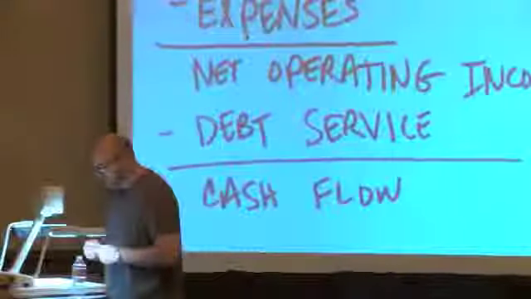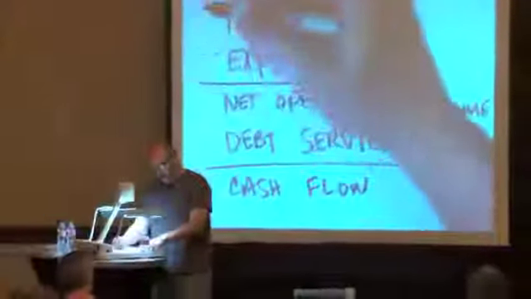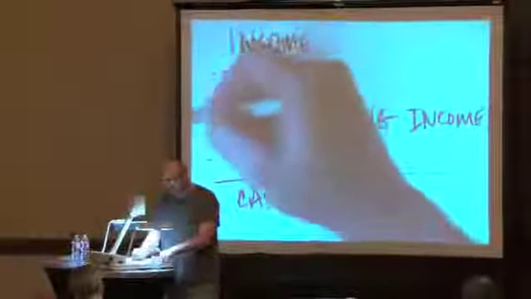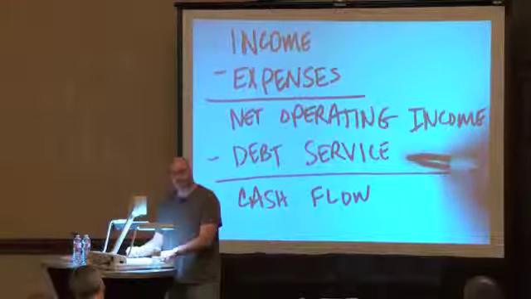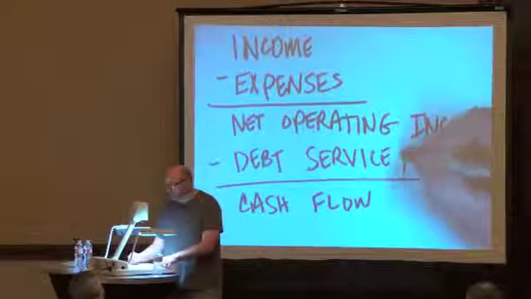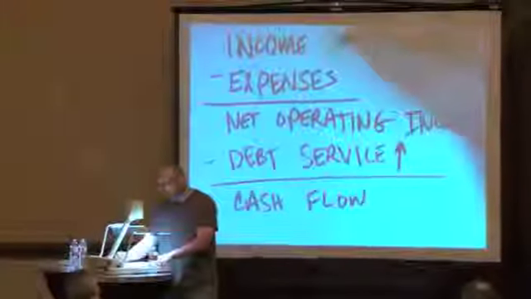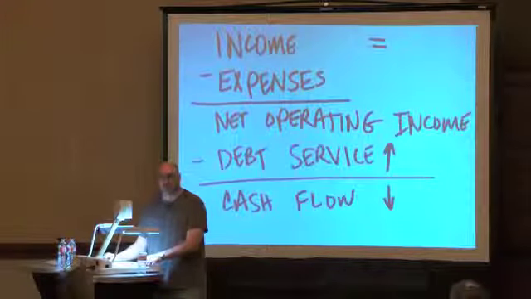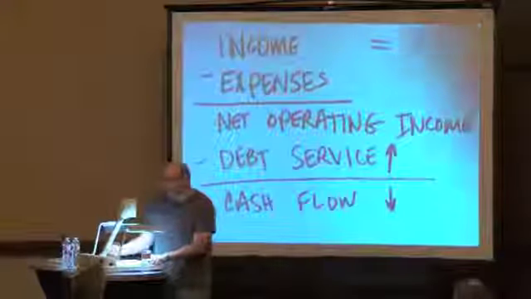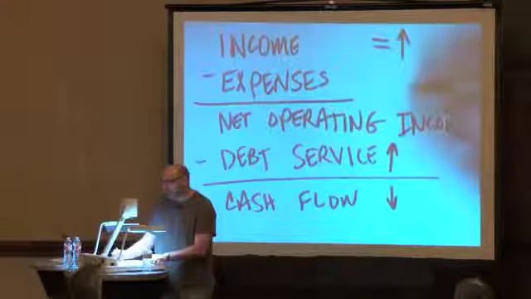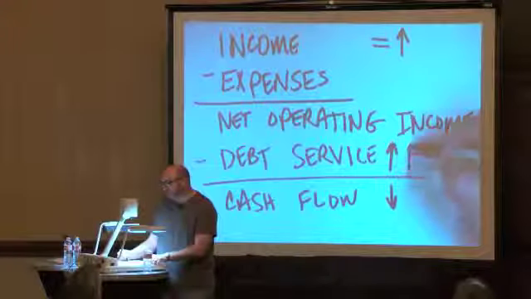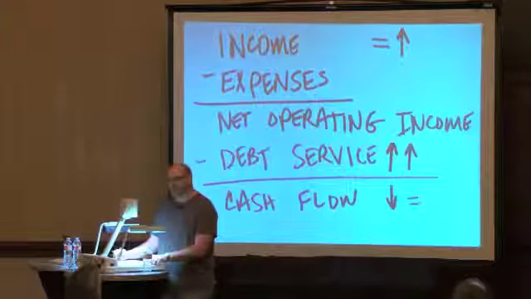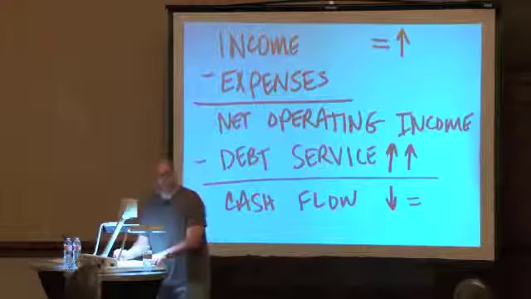And if we go back to this slide here, and we go to this flow, eventually this thing flows down to where I've got to be concerned with debt service. If my debt service is going up and my income is staying stagnant, my cash flow goes down. Does everybody see that? Now, if my income goes up and my debt service goes up, my cash flow stays the same. However, this is a perfect world.